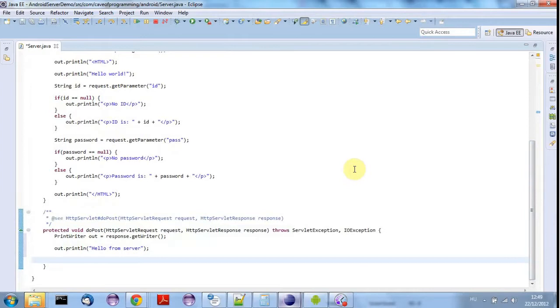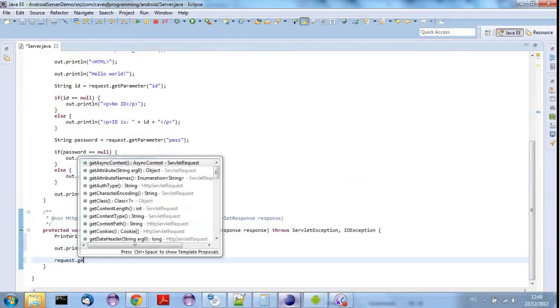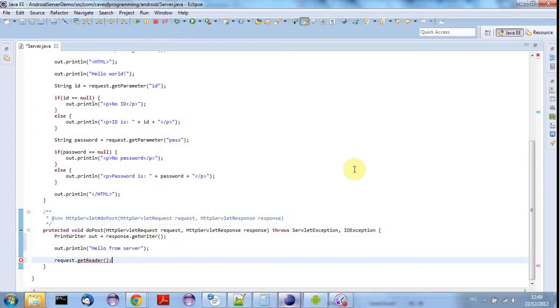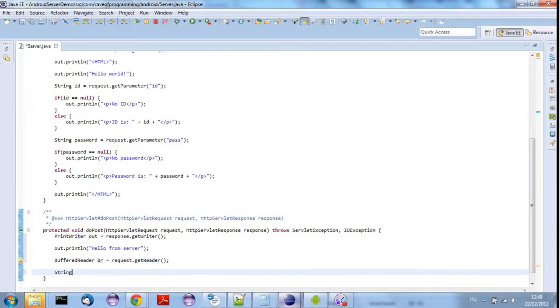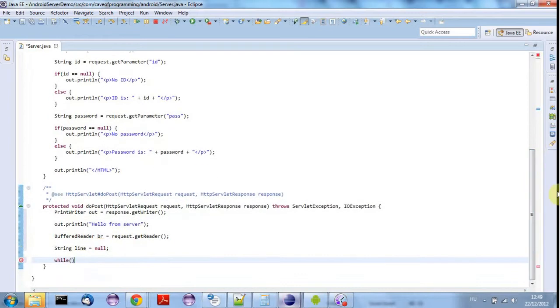So I'll say request.getReader, and that returns a buffered reader. So I'll say BufferedReader br equals request.getReader, and let's declare a String line equals null. And then I can say while, and in brackets line is equal to br.readLine. This is pretty simple, and you're probably familiar with this kind of thing already. And while that whole thing in the brackets is not equal to null,